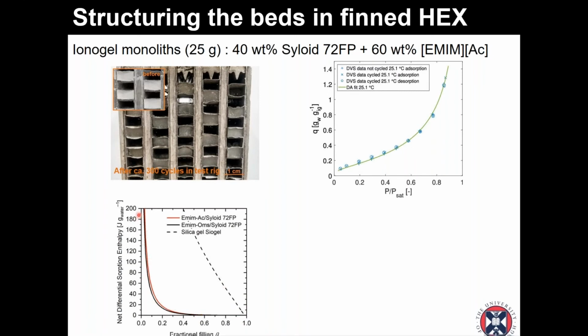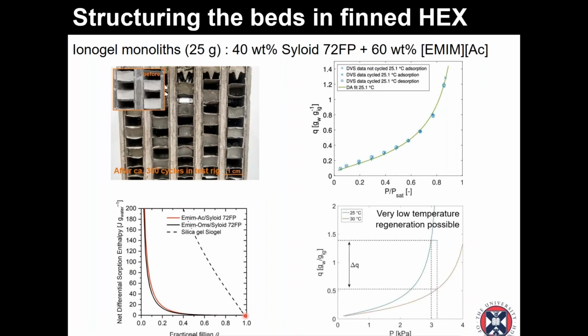The higher energy, so the heat of adsorption, increases when we work at lower relative humidity, but this is not the case of adsorption desalination. And when compared to the silica gel net differential adsorption enthalpy, this is amazingly lower. So a big advantage here. When we plot the isotherm, instead of plotting it against relative humidity, we plot the isotherm now against the pressure,